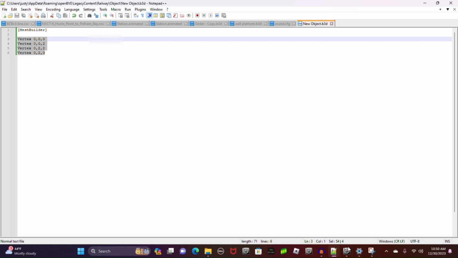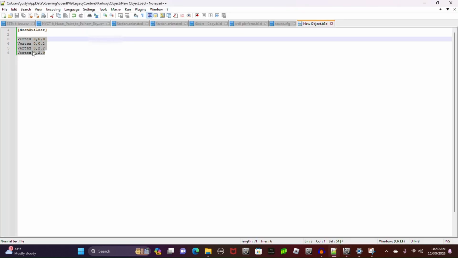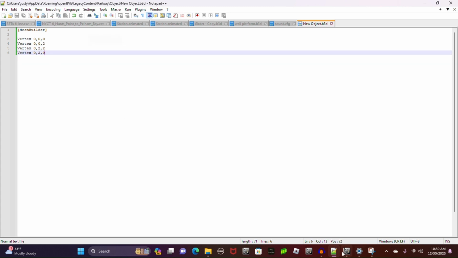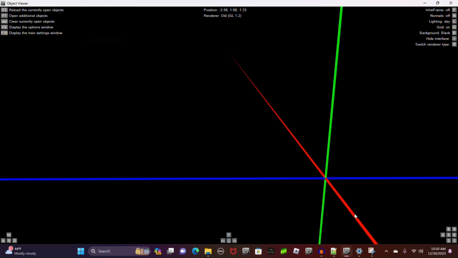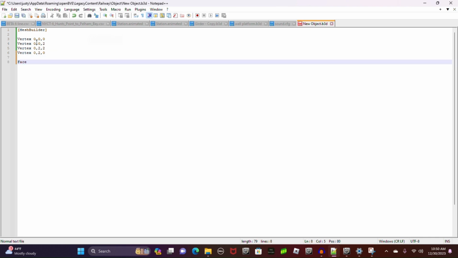Now if we save this and try to load it in Object Viewer, nothing's going to happen. Well, why is that? Here's the thing. This does build the square, yes, but it's not going to actually appear in our object unless you make a face. So we need to type in a face command, and for this video I'm going to use face 2 so you can see the square on both sides. If we typed it in as face, you only see it on one side. We're going to use face 2,